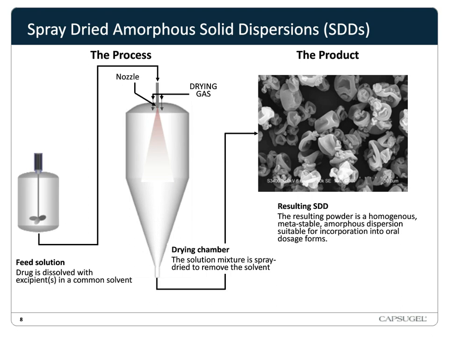And in this process, the drug and the excipients, generally one being an amphiphilic polymer, are dissolved in a common solvent. The solution is then atomized into a stream of hot gas, evaporating the solvent off at a rapid rate, trapping the drug in an amorphous state within the glassy polymer. The resulting powder is comprised of a homogeneous dispersion readily integrated into an oral solid dosage form. And an example of what the particles look like is in the SEM micrograph on the right of the slide. So by manipulating the spray dry process, we can start to engineer these SDD particles.